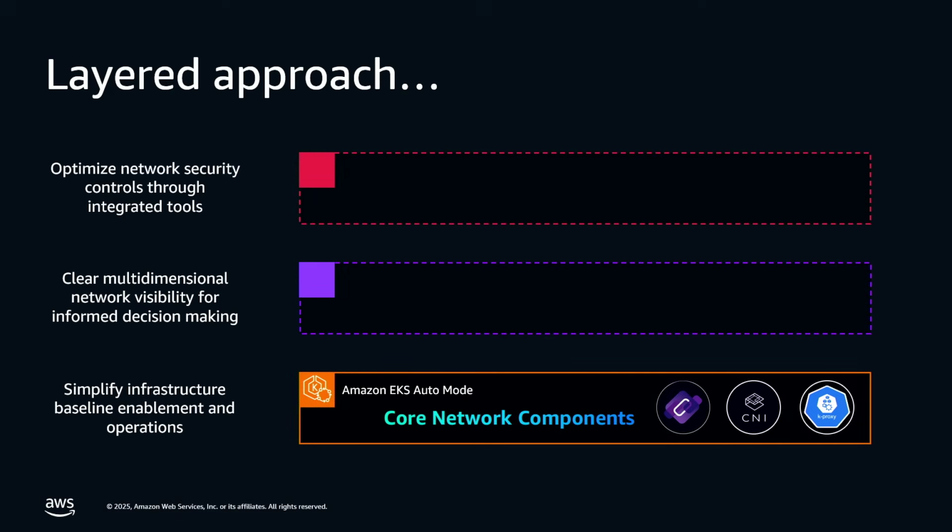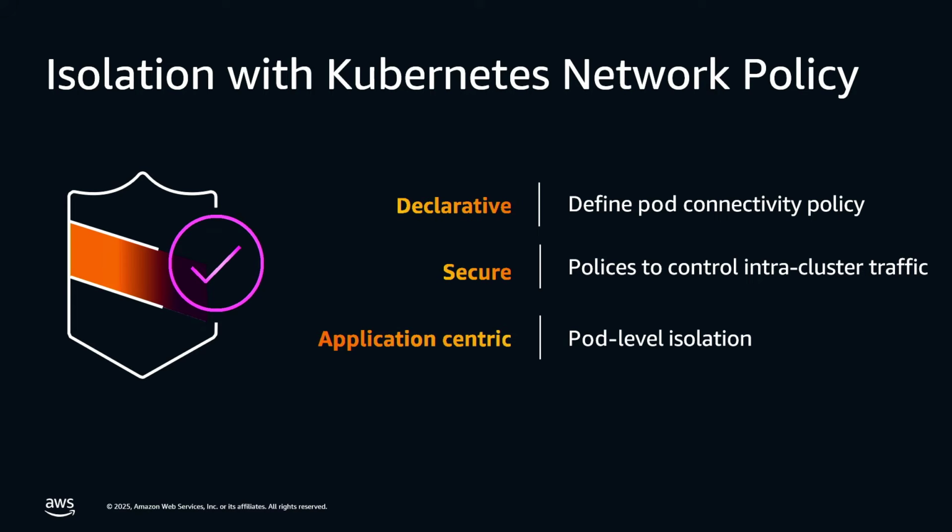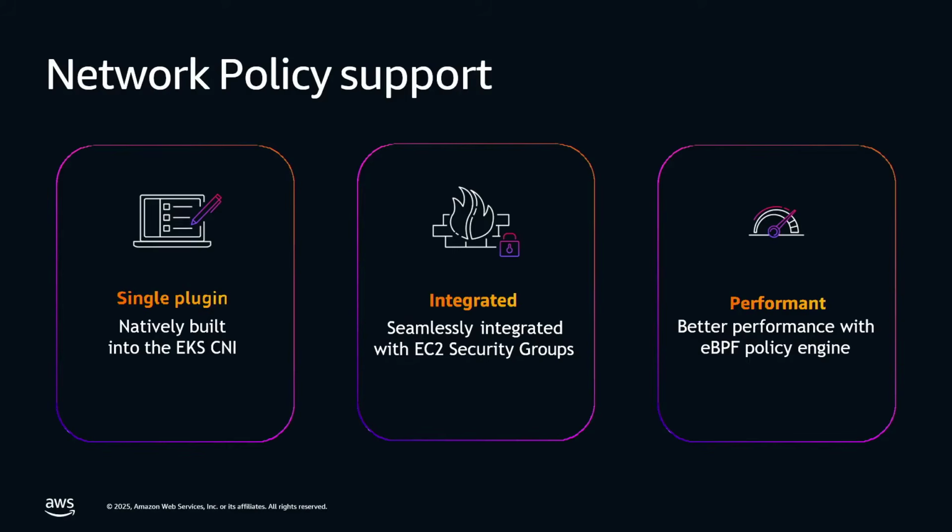So we cover this bottom part for simplifying overall infrastructure with those core components and being able to enable network policies. Let's talk a little bit more about network policies. Like I said, this was introduced in 2023 as a native feature for the EKS CNI, and it works a little bit different from the standard network policy that you can get from the community. So it's a single plugin, fully integrated, you don't need to deploy anything else, and it uses eBPF to be performant